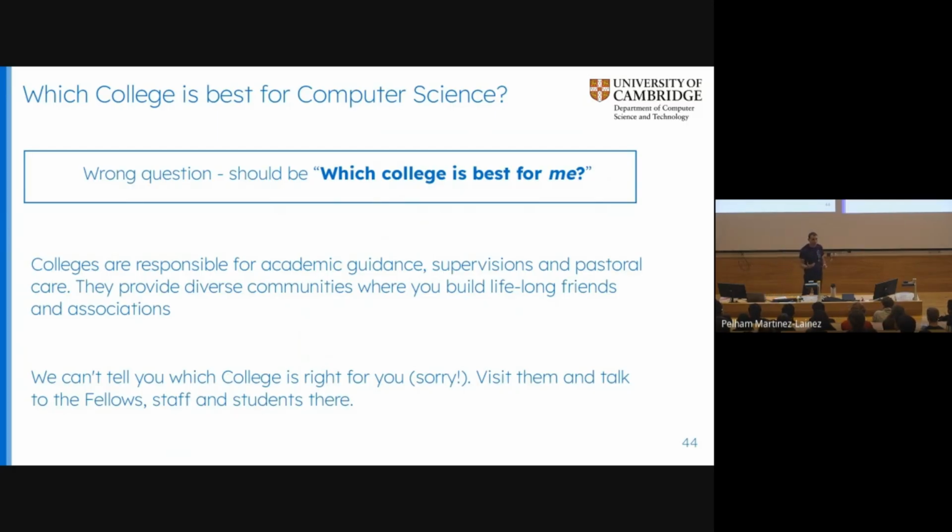Do you want it to be super competitive? Do you prefer to be more laid back? Do you want to be in a group of 20 computer scientists in a college? Or do you want to be in a group of 3 or 4? They have pros, they have cons. Right? There's no one size fits all. You unfortunately have to make a decision.